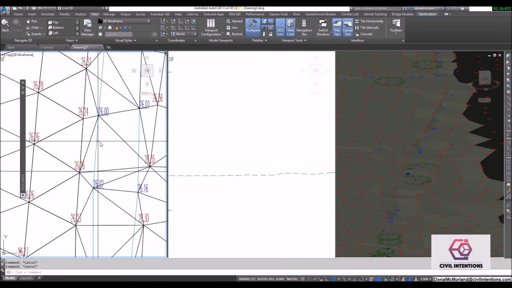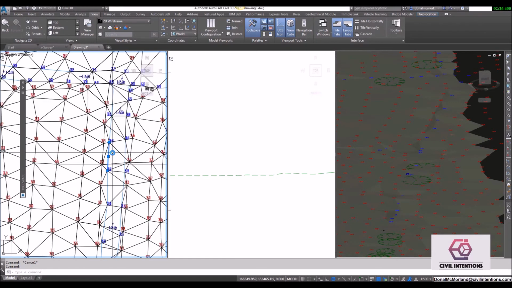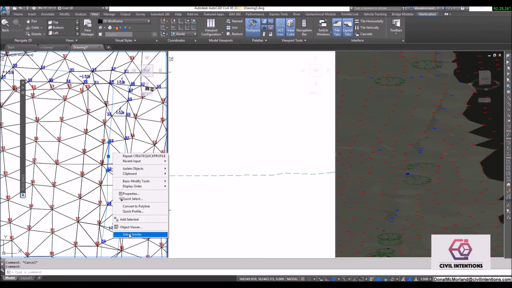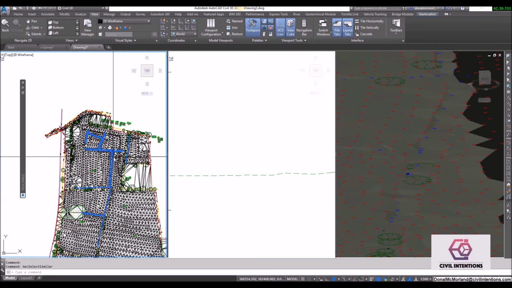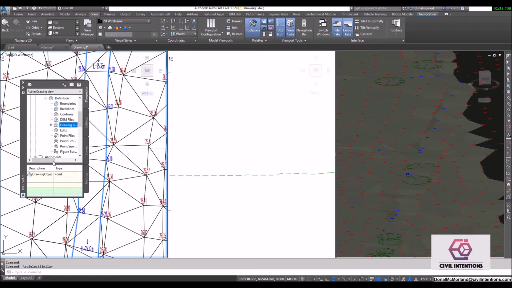Okay, so now I'm just going to do this for the ditches, but you obviously do it for the other lines in the survey as well. So what I'm going to do is select one of the lines here for the drain, right click, select similar, that picks them all up. Okay, and in the tool space then, underneath my surface, underneath definition, I'm going to add them in as break